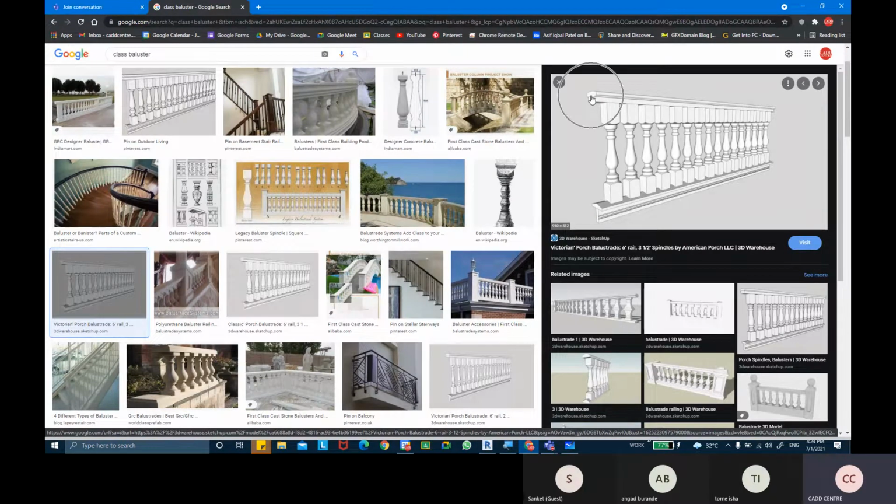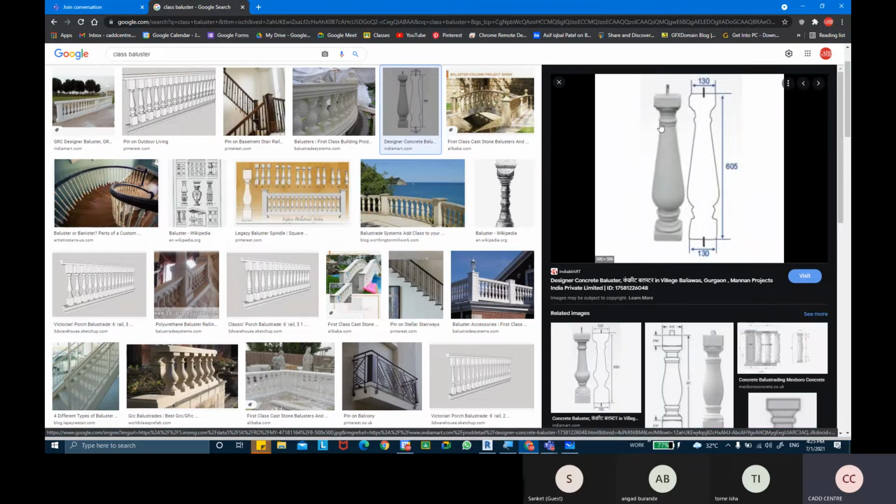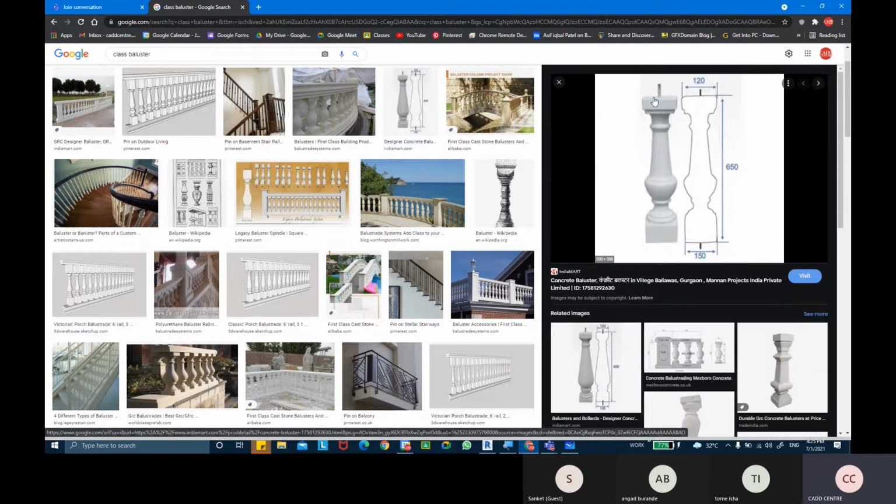That's the top rail actually. And first we'll try to create this shape out of it. Maybe we have this shape, right? We'll take a little easier one. So we have a square on the top, a rounded shape in the middle, and then again a square or a rectangle at the bottom.